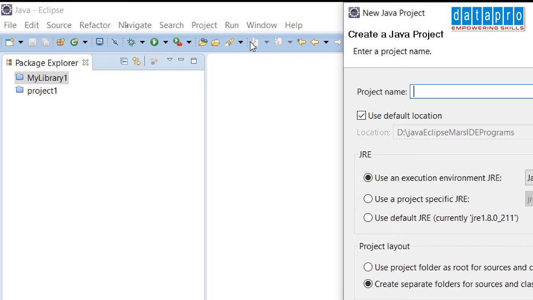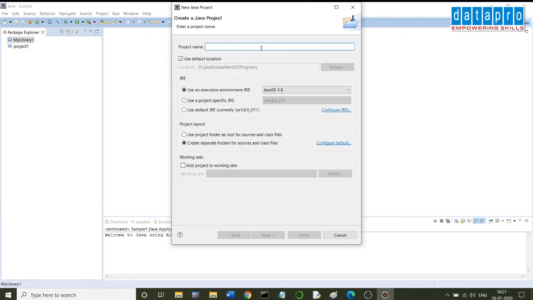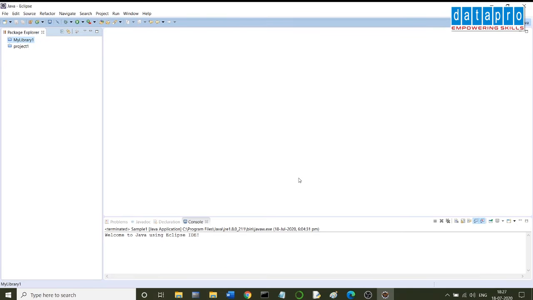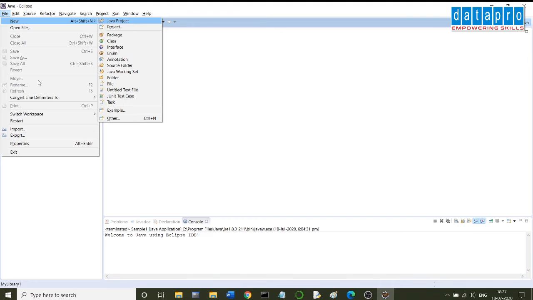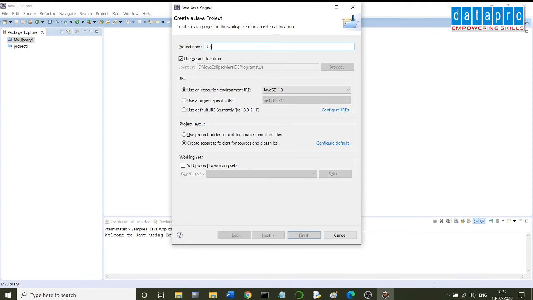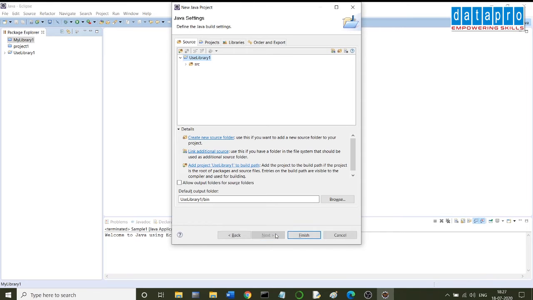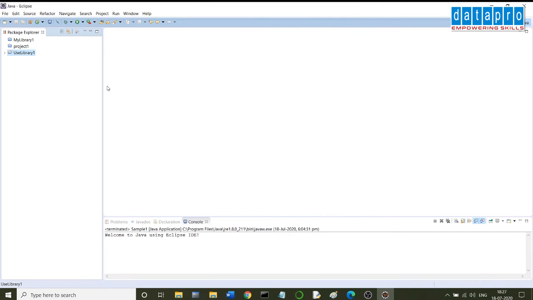Say Java project, project name, say use library 1. I name it as use library 1. So Java project, use library 1. Say next, or immediately you can click on finish.